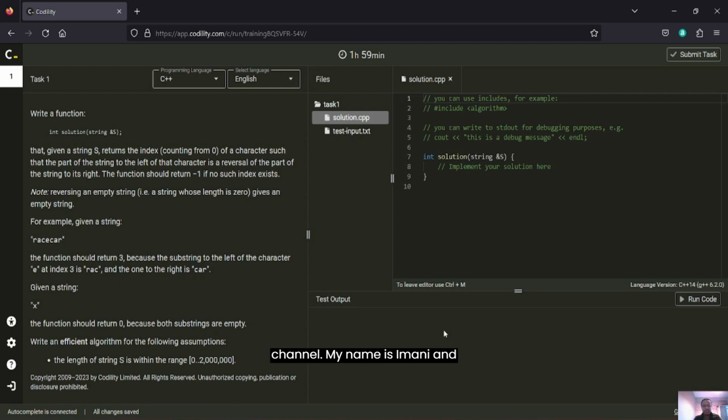My name is Imani and today we'll be solving a question from Codility, a problem which is called string symmetry point. Okay, let's start. So we're told to write a function that, given a string s,